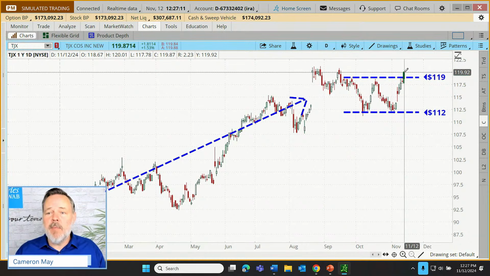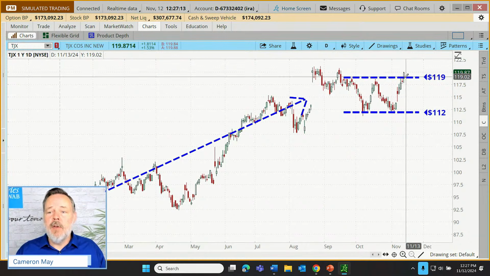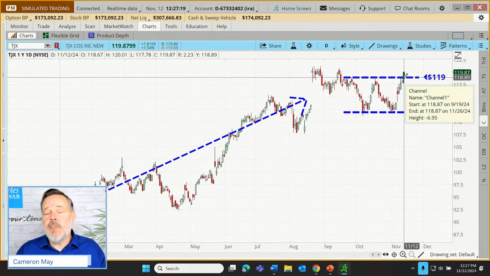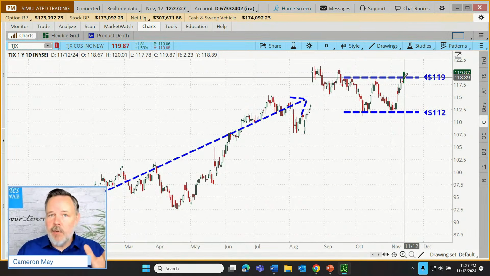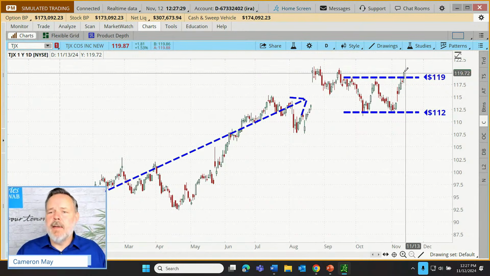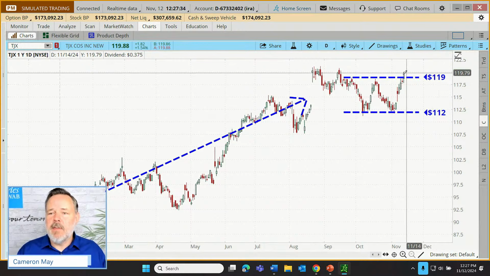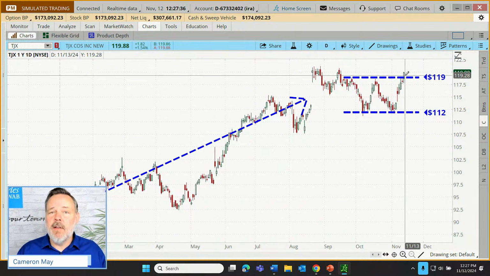It seems to be in prime position to close at least 1% above that old price ceiling. So let's just assume that it does. Right now, there's still an hour and a half in trading. Maybe a trader who's waiting for the close might be placing their trades a little bit closer to closing time. But yeah, it looks like we're closing up above that 119 resistance. So there's our breakout signal for our short-term entry.